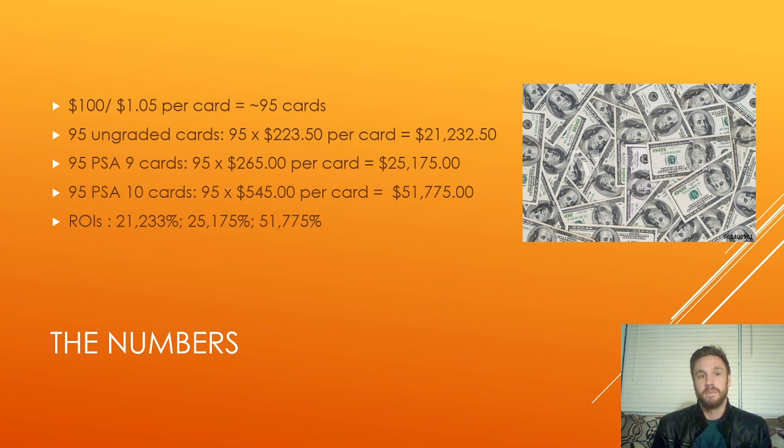But on a serious note, let's look at some numbers here, because that's what we do. We have $100 to spend at $1.05 per card. That gets us roughly 95 cards. Now, 95 ungraded cards at that number that I just showed you would be 95 times $223.50, which equates to